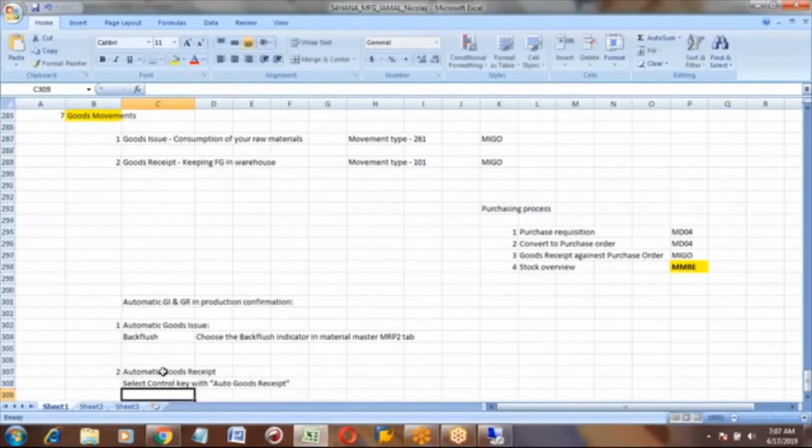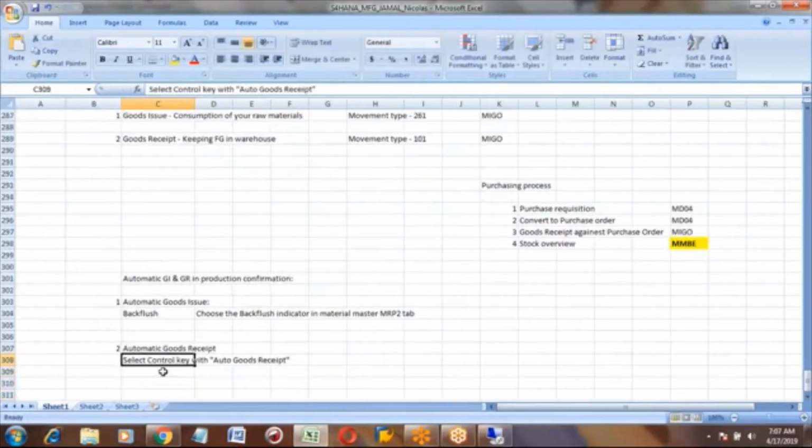So in the routing master data, select the control key which has automatic goods receipt. With this option, you can get goods receipt also. Now I will show you where this setting is.